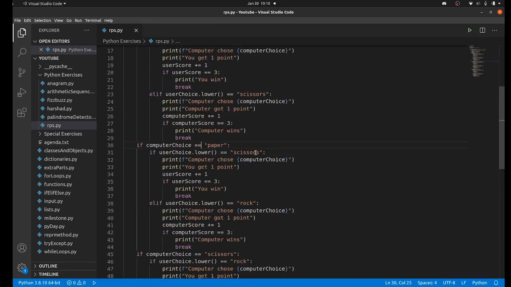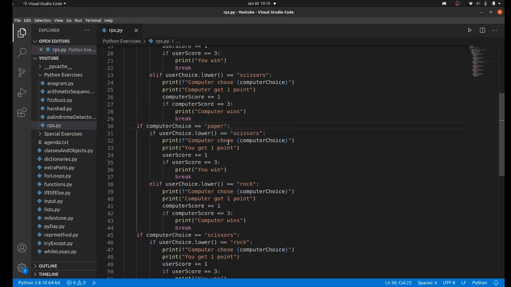The user says scissors because scissors cuts paper. Then we can print computer chose paper, you get 1 point, the same thing. It looks like a lot of code, it does, but for beginners, this is a good way to think about it, because we can basically just condition every possibility. It kind of feels like you're hard coding this, but the nature of how rock paper scissors works, you would think that you could find some kind of dynamic way to